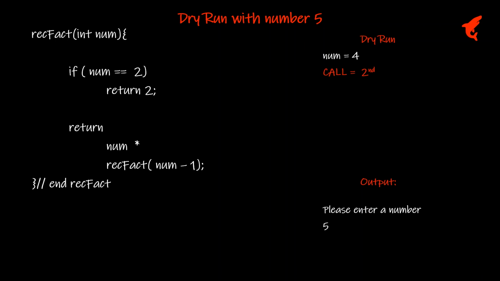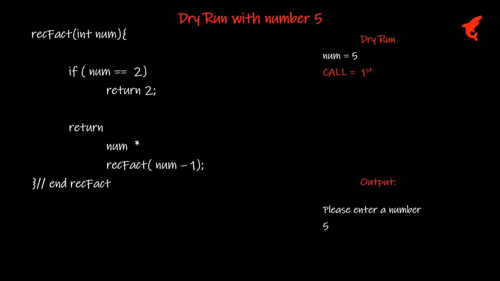So we are back in the second call. Here the num value is 4. Here again where the rectfact function call was made, it will be replaced by the value 6, which is the return value of call 3, and this again will be multiplied with num to give us the result as 24, and this value will be returned to its previous call, which is going to be the first call of rectfact. So we are back in the rectfact.